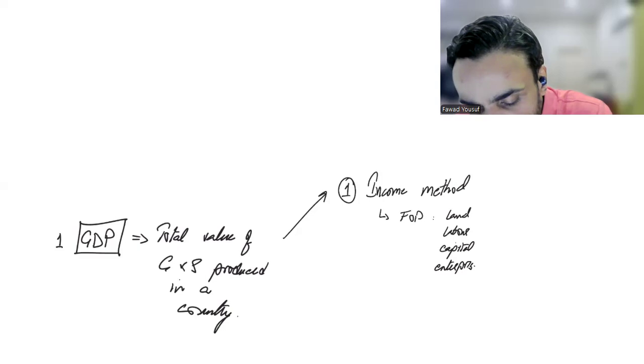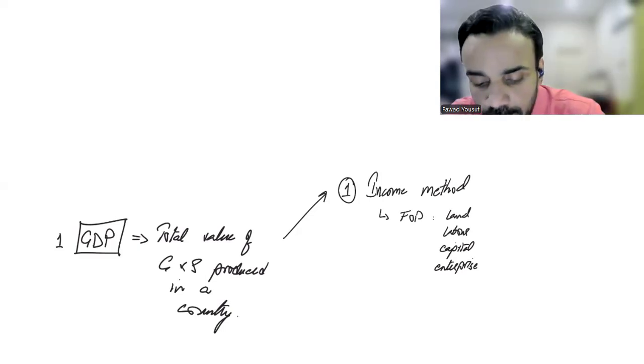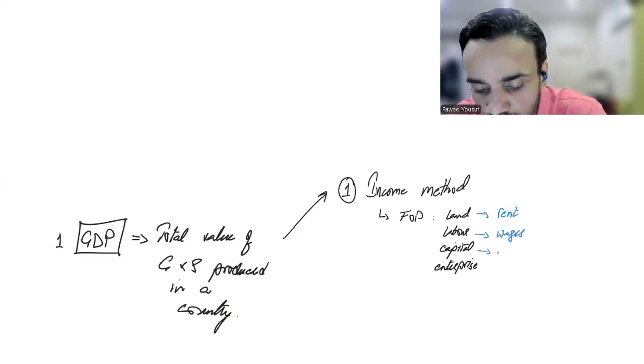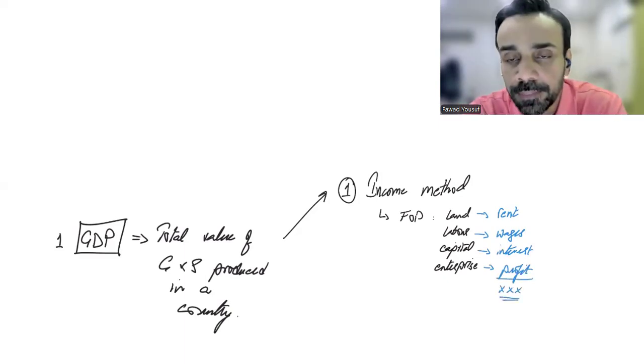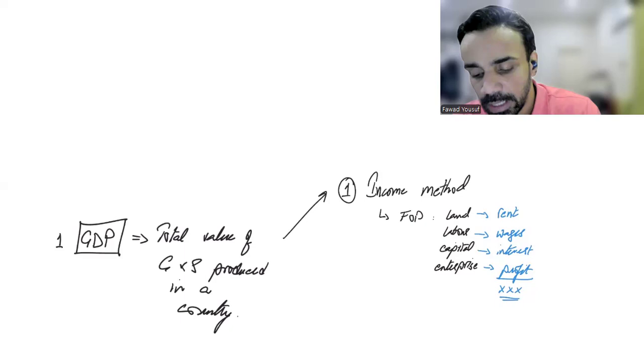and basically add all their rewards, जो हम micro में कर चुके हैं. Basically, you add all the rents that have been generated in the economy, all the wages and salaries that have been paid, all sorts of interest payments that have been made, and all kinds of profits that have been made. You add them all up, and you get yourself the GDP ka number. That's a simple one. Okay. Add all the rewards of the factors of production used.